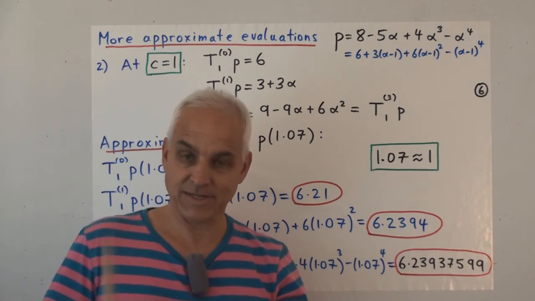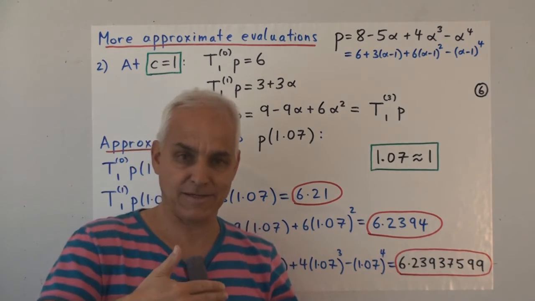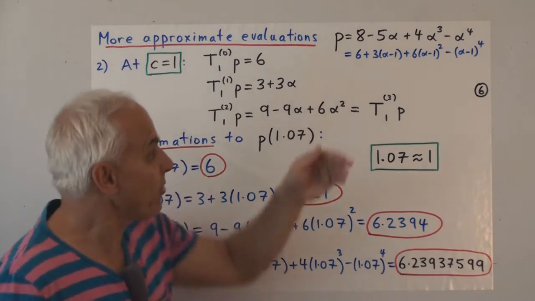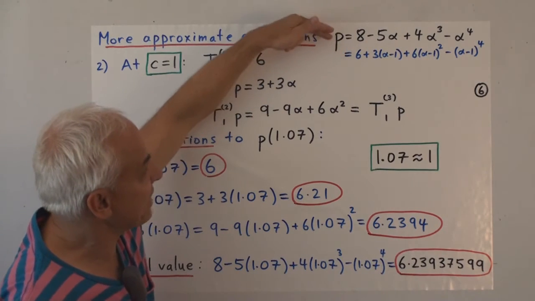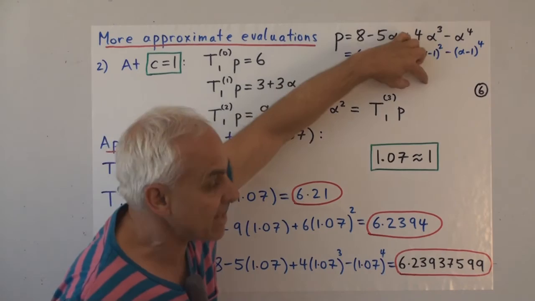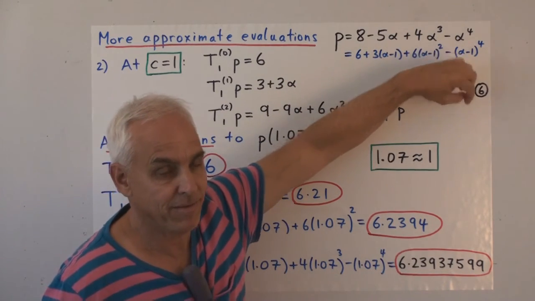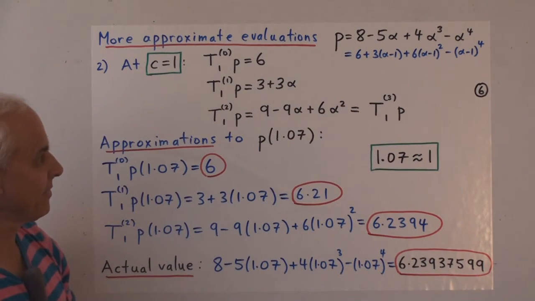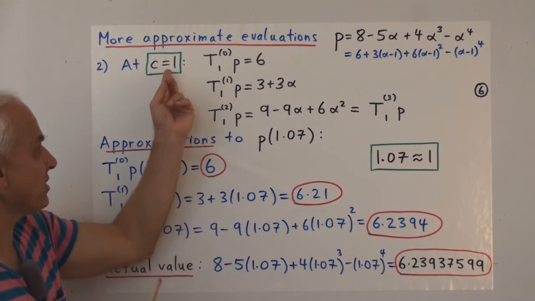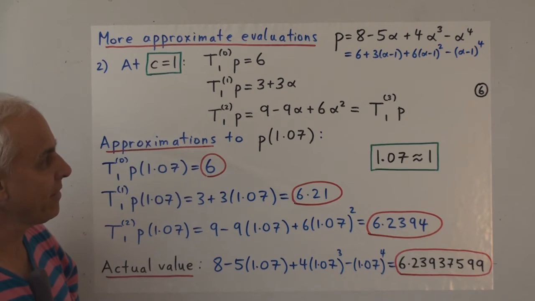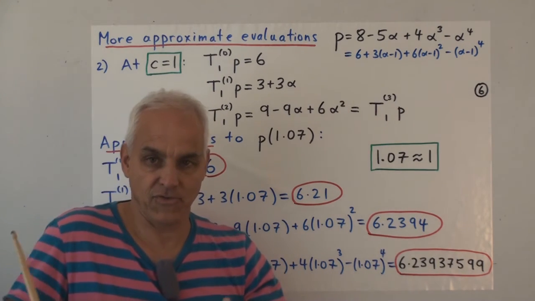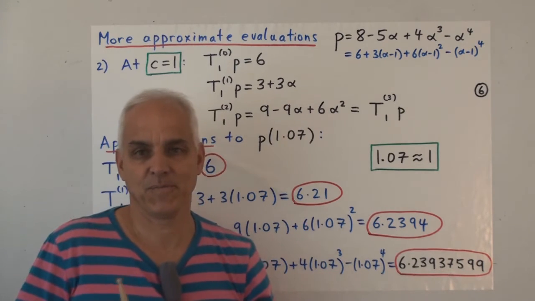And I think you can see the idea. If we were evaluating at some number that was close to 7, then we would want to look for another representation of the same polynumber in powers essentially of alpha minus 7. So we've looked at this polynumber with the special constants 0 and 1, but we could just as well have looked at other constants, c equals 7 or c equals minus 5.